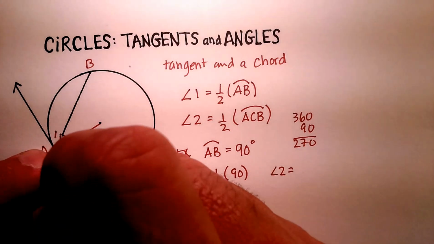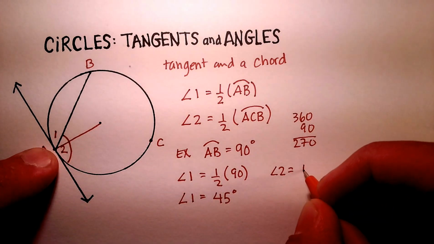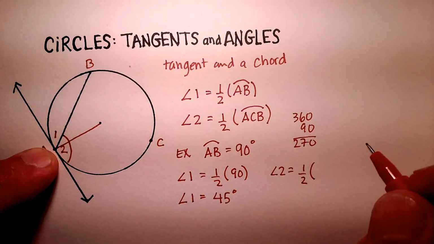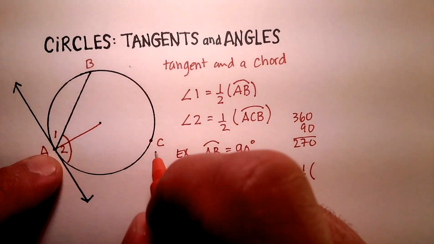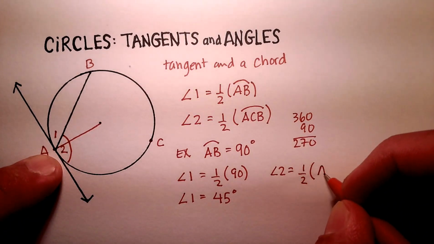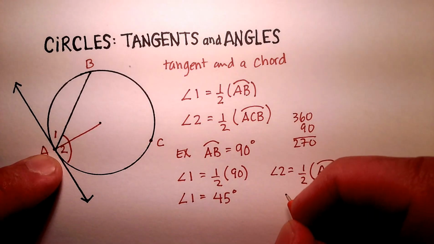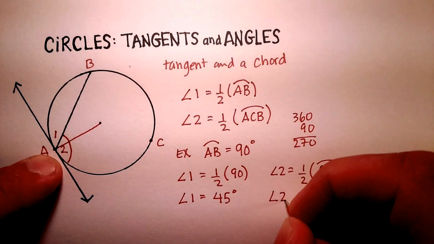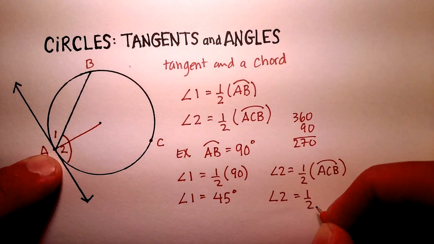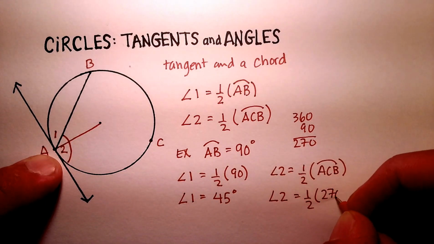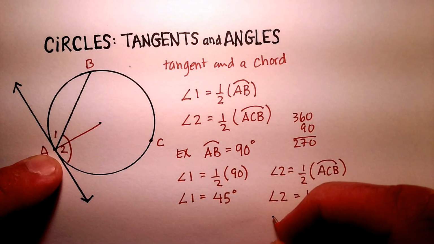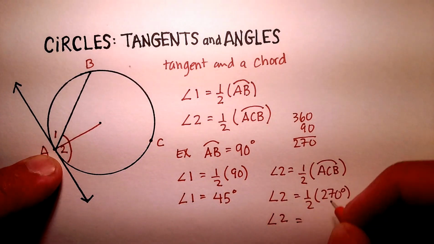So angle 2 would be equal to 1/2 the intercepted arc ACB, like we set up here. Let's put in our numbers. So angle 2 would be equal to 1/2 270 degrees. So angle 2 would be equal to